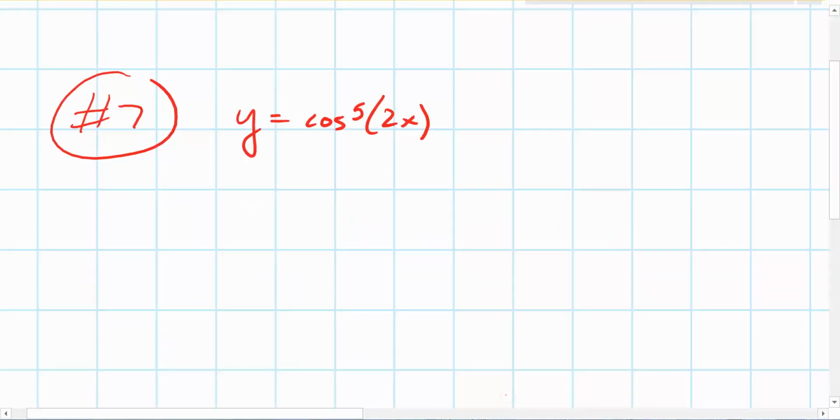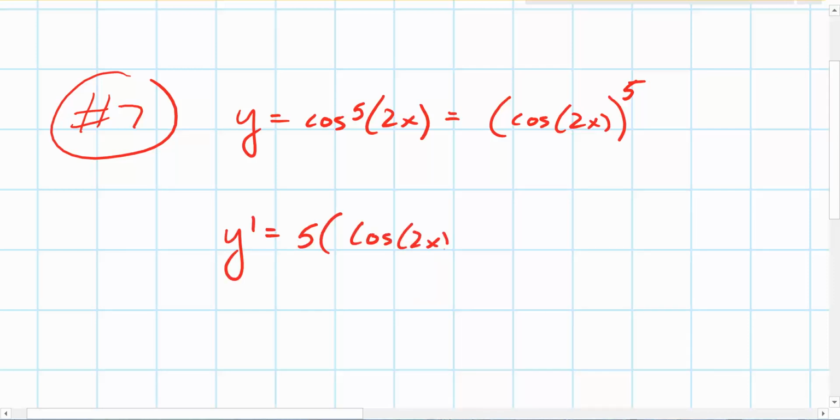That's the fifth power. You're raising the whole thing to the fifth. So that's the same thing as what? Cosine of 2x all to the what power? Fifth. So the outer function is raising this thing to the fifth power. So what do you bring to the front first? 5. So y prime is going to be 5 times cosine of 2x all raised to the fourth power, but